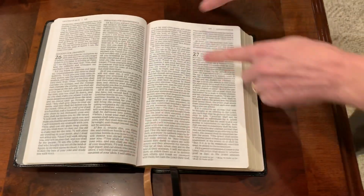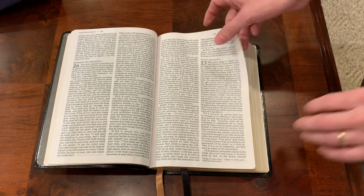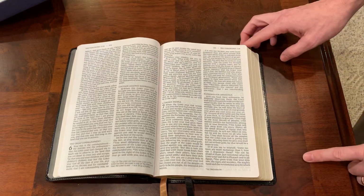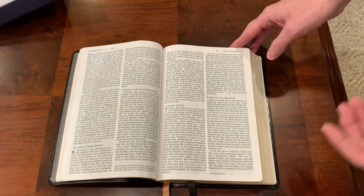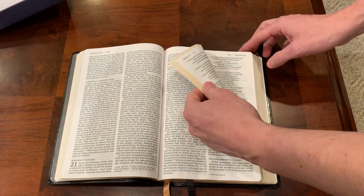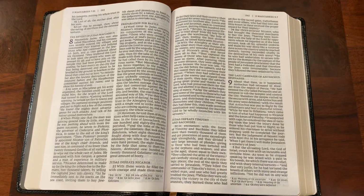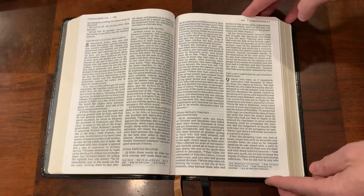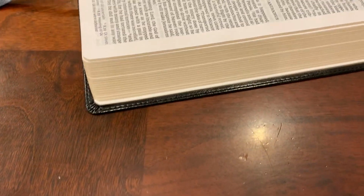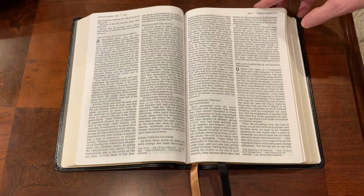So it's a black letter, 10.5 point font, a little bit of corner cross references here. Of course, you're going to have more on some areas and less on others. So really nice, readable, comfort print, NRSV exclusive font. And of course, throughout the Bible, you're going to have your Apocrypha, 1st, 2nd Maccabees, Tobit, and different ones like that. This block lays nice. Stair-step signatures look really good. It isn't art gilded because that is usually a premium feature, but the NRSV with the Apocrypha and purple goat